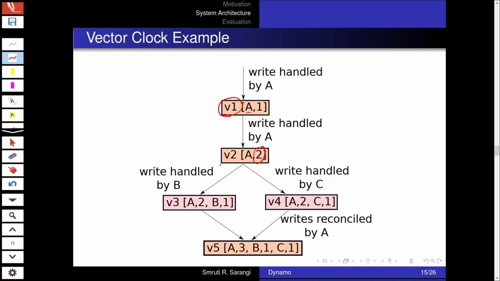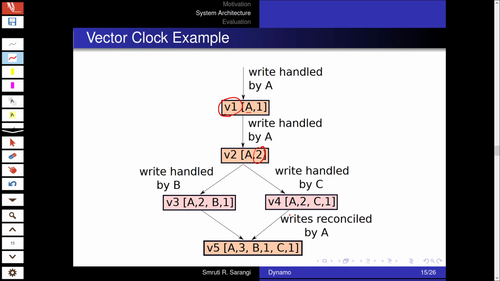After this, it is possible that some failures or some branching may occur in the network. So it is possible that a write is handled by B. So in this case, the vector clock will be A2, B1. And we can have a simultaneous branching where a write is handled by C. In this case, it will be A2 and C1.